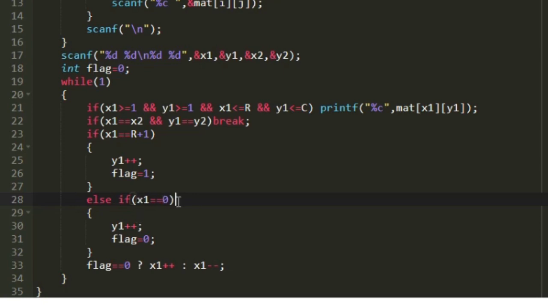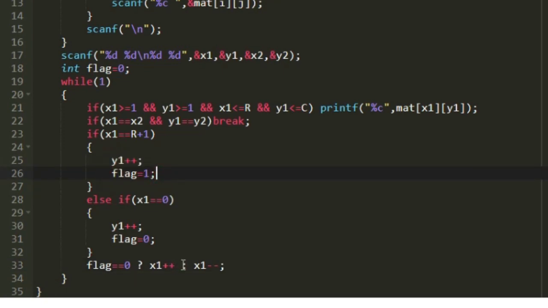The same, when we are moving up, at one point we will reach the topmost row of the matrix. In that case, x1 will be equal to 0. So when x1 is equal to 0, again we should shift a column. So I am including the condition y1 plus plus, and I am changing the flag variable to 0, because now we are present at the top. From the top, now we should move towards the bottom.